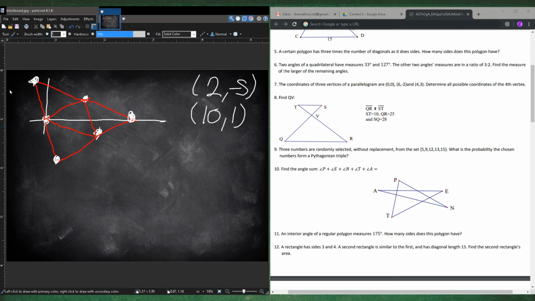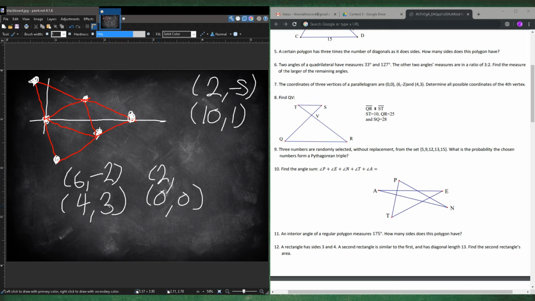Now we just need to look for this point over here. So we could use these 2 points. We have from 6, -2 to 4, 3. And the one that corresponds to the 4, 3 is the 0, 0. So you have to add 2 from 4 to 6, so 0 plus 2 is 2. And from 3 to